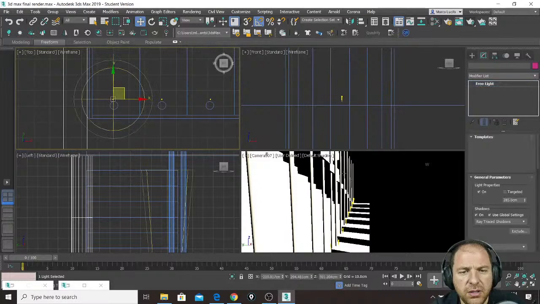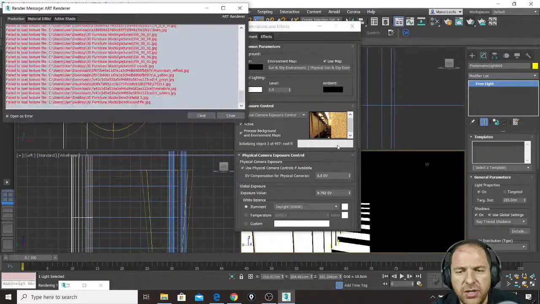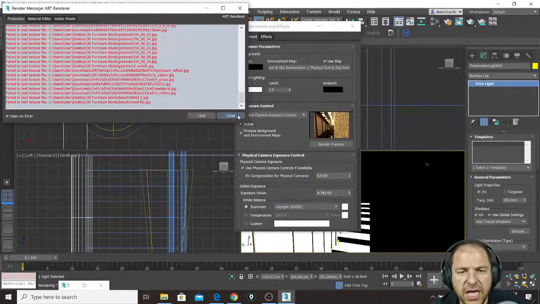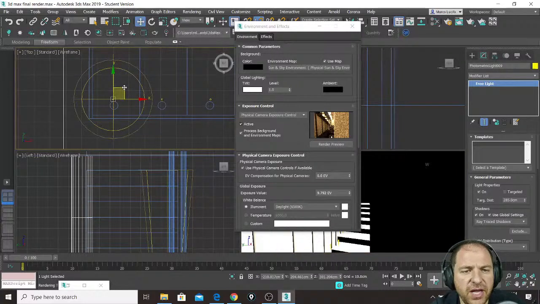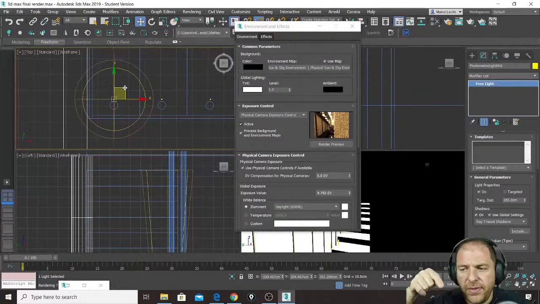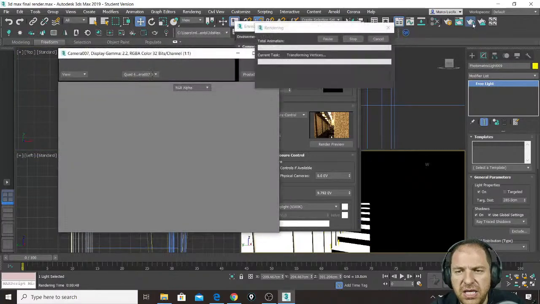Okay, and go again, rendering, exposure control, render preview, close. Simran, wait a second, then I will answer your question. Okay, so by making these as points, you will see that if they are correctly placed, and then remember, you are trying to see a beam of light on a round object that will be very, very barely visible. Then if you render,